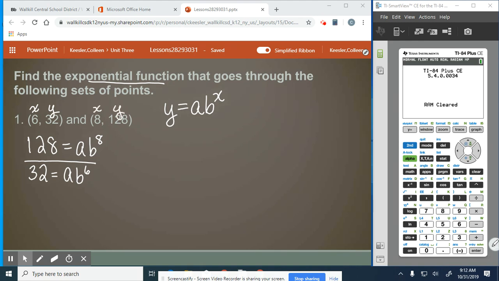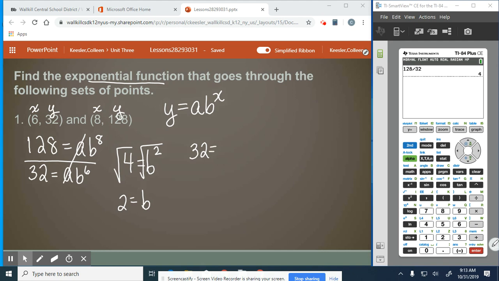So now we want to simplify this. We can cancel out the a's. 128 divided by 32 is 4. So we get 4 equals, subtracting the exponents, b squared. Take the square root, and b equals 2. Now we substitute that back into one of the two parts of the ratio. So we can do 32 equals a times 2 to the sixth. So 32 equals a times 2 to the sixth power,